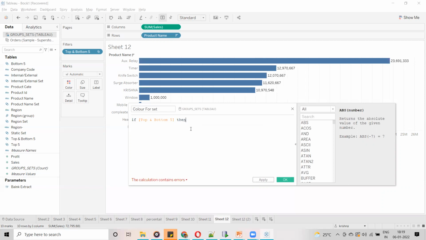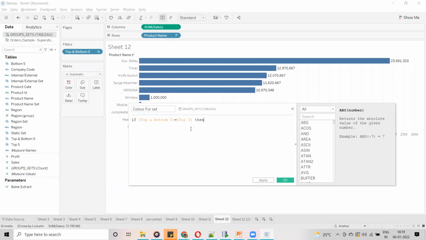How is it going to work? No, we cannot give something like color equal to something. We don't have that kind of function. So the problem is, if top and bottom 5 equal to, can we give top 5 here?